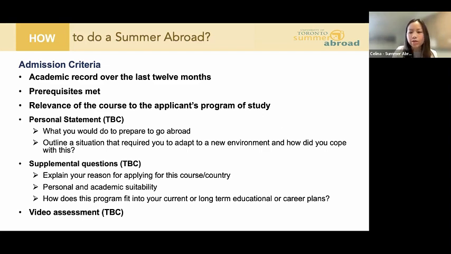So these are just sample questions and not exactly questions you will see, but there are sample questions. Like we would like to know why you are prepared to go abroad, right? Like a situation where you adapt to a new environment. And also for Science Abroad students, in your application, we will require you to answer some supplemental questions because